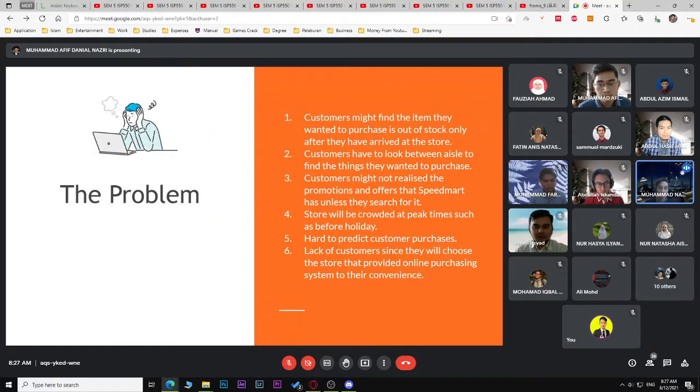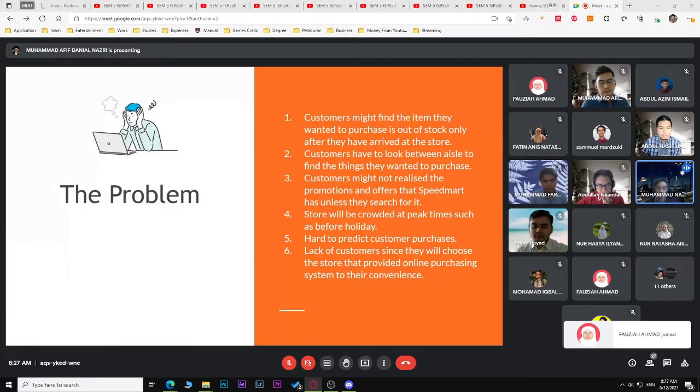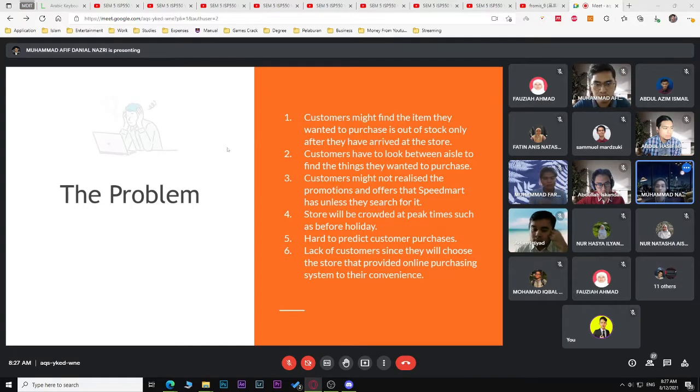And the last problem is the lack of customers, since they will choose the store that provides an online purchasing system for their convenience. For example, we can see this at Foodpanda, which offers groceries that we can buy inside it. Now people don't have to go to Speedmart to purchase the groceries that they need. Yeah, thank you. That's it for the